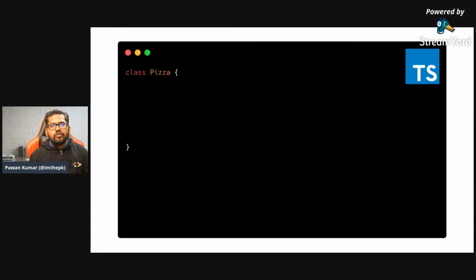So this is how we actually write in Java as well. Okay, and you might have seen in a lot of places or a lot of languages where we write a class like this, right? And then let's say we have to add another member to this class, which is slices, which is of number type, and the value is 8, right?